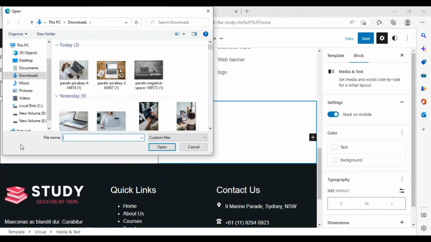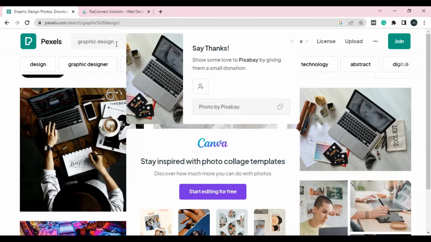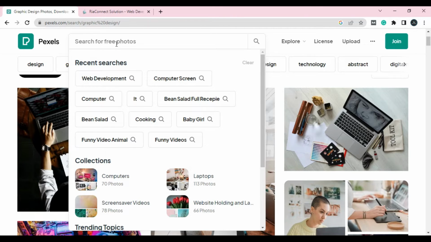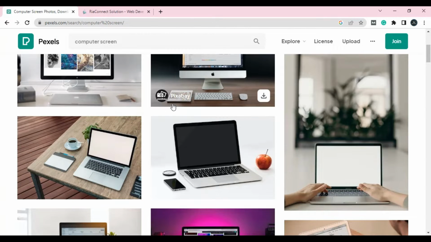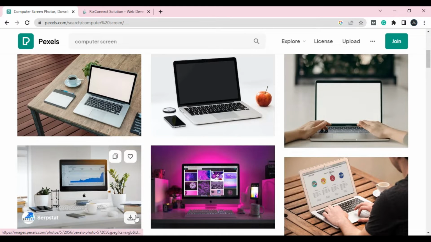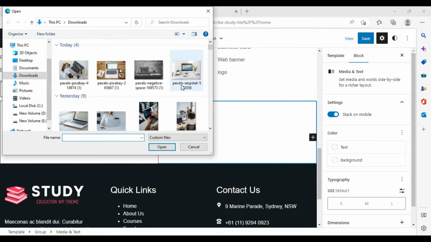For the beginners, I told you where you can get a free picture. If you don't know, go to that. For example, I'm going to tell you again. Go to Google, log into pexels.com, and from here select according to your niche, according to your website requirement. For example, I uploaded here a computer screen, and you can see a computer screen over here. Okay, I downloaded this picture. Go to your editor,